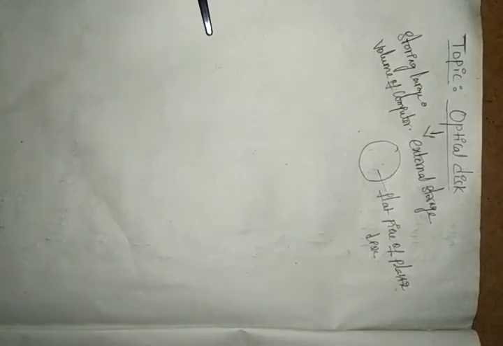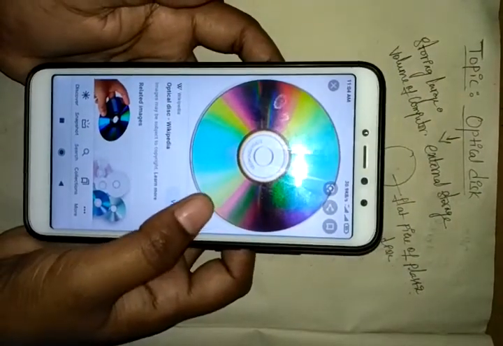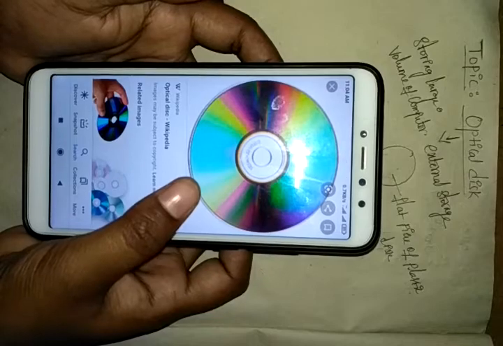It is mostly round in type, and the optical disc uses many techniques to perform this. In the previous class we already saw this optical disc, which we can call a CD type.